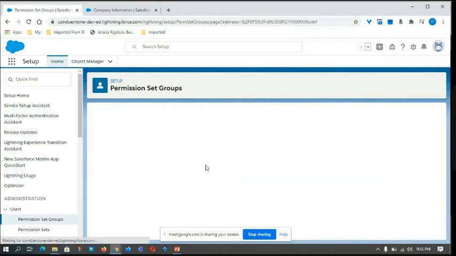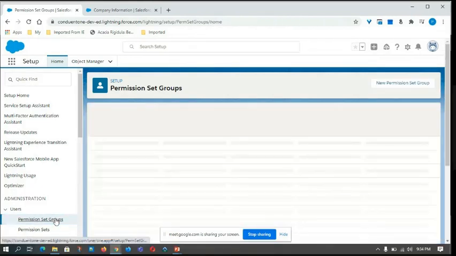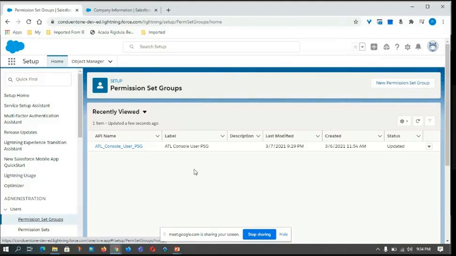So now we have 3 permission sets. We can add or remove more easily. Now let us go and check whether this permission set group is updated or not.